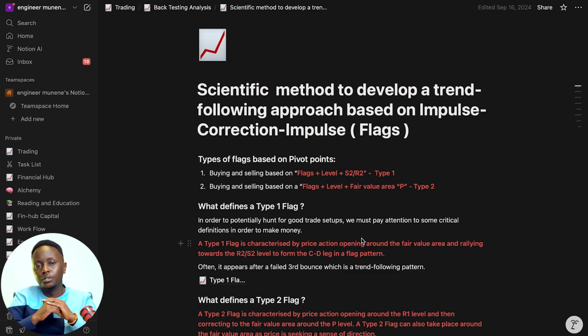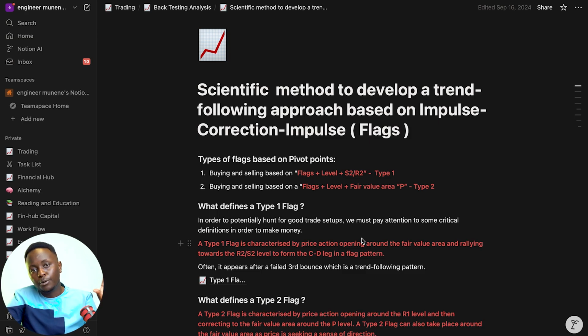What I'm trying to do is look for buy opportunities when we get that extended move to the upside. So what do I need to do? The first thing I need to do is develop what defines a flag for me, because again, it could be the same pattern, but the metrics that you use to define a flag are quite different. For example, I'm not looking for flags on the 15-minute time frame or the lower time frames. I'm specifically focusing on the 4-hour time frame because that is my sweet spot. That's where I find good opportunities, and that's where I'm able to make good money.